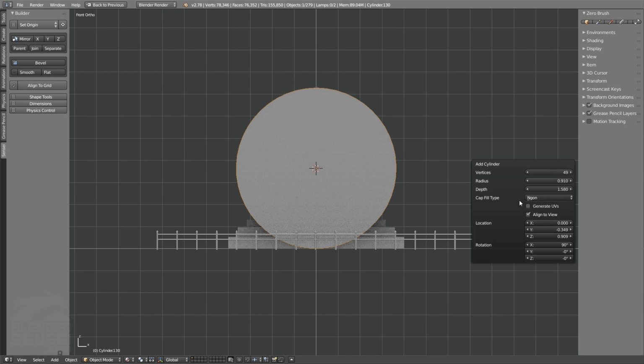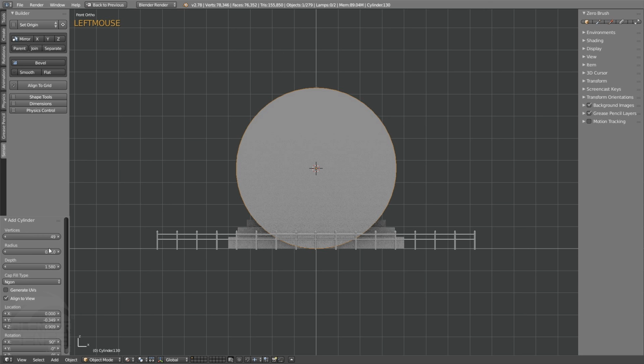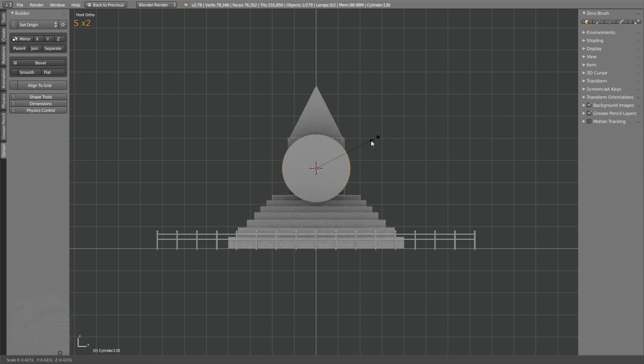So if you want to change something about a tool you just used or an object you just added, as soon as you do it, double tap space or bring up this menu, which you can leave open if you want. It's open by default in Blender, but it annoys me most of the time. So I'll press S to scale this down,